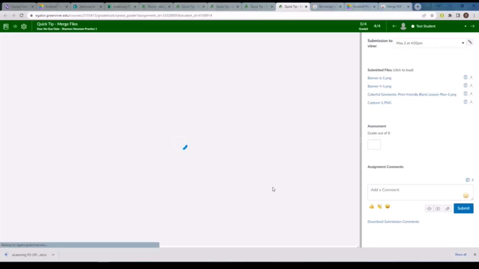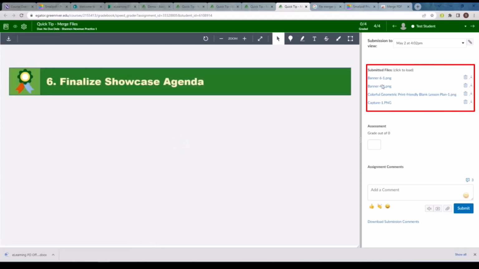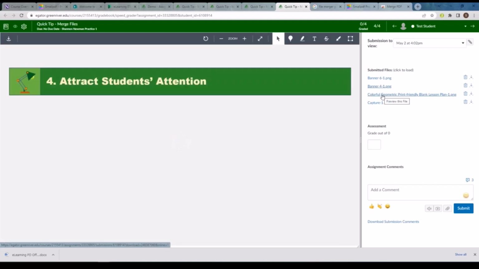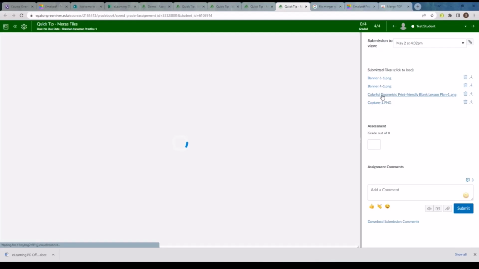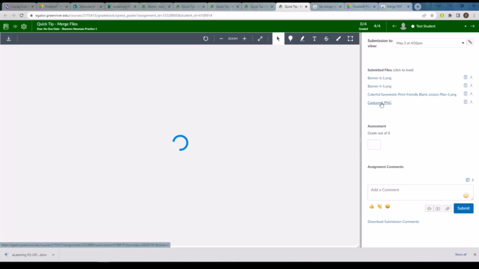So we'll go to SpeedGrader here, and we'll see that there are multiple files submitted by this test student. An example of when this might happen is when I was teaching, I would have students do the assignment hard copy on paper and then submit it on Canvas by submitting photographs of the images.